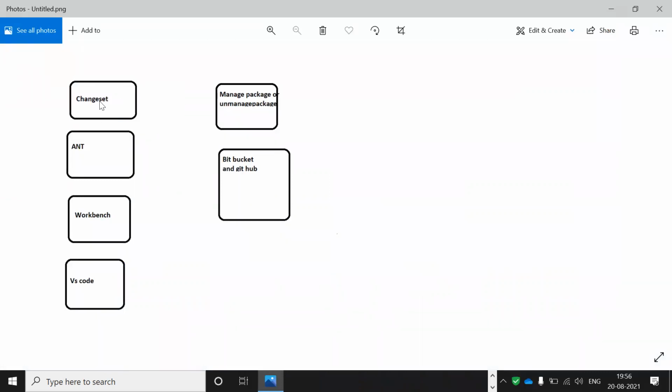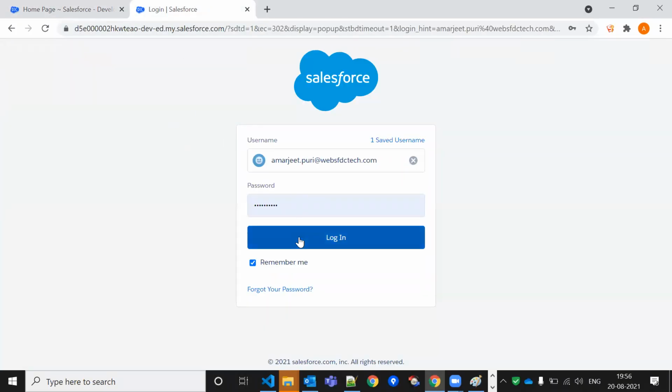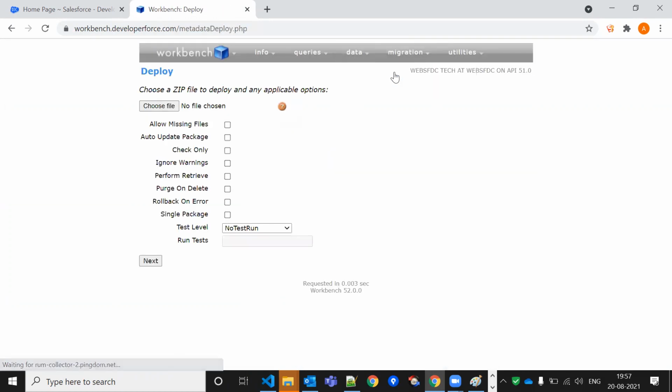Okay. So now let me just deploy on the same org. Same org I cannot deploy, but means there is no sense to deploy in one org only, but let me just show you. I'm clicking on the deploy button. Retrieve, we already did the retrieval. I'm clicking on deploy now because everything is captured in local.